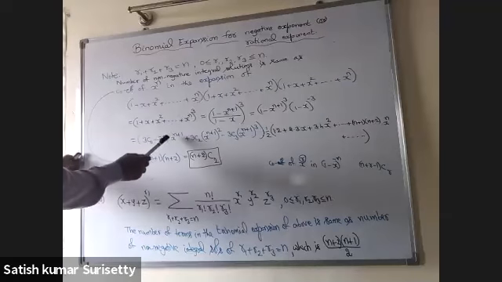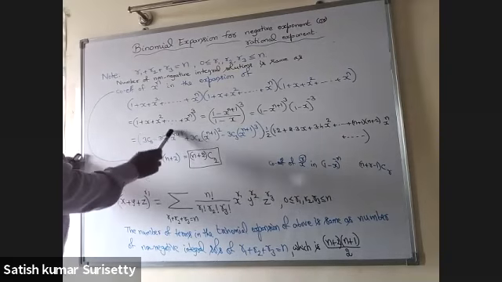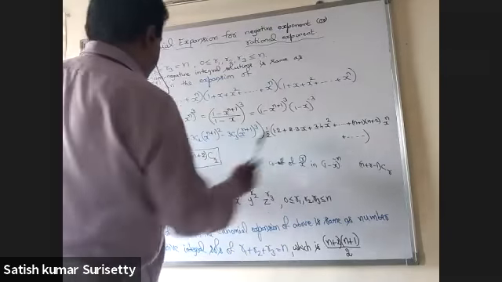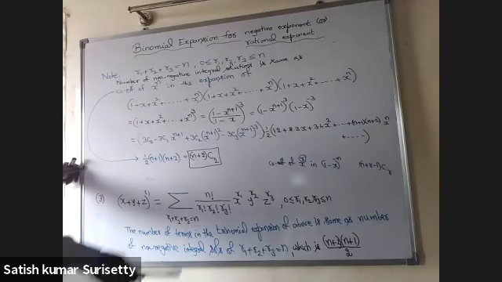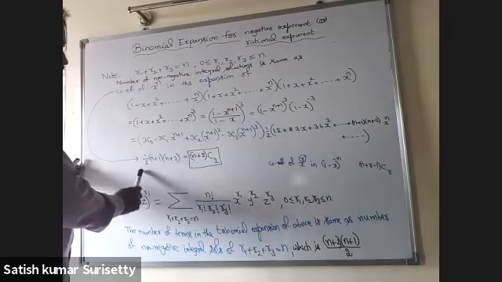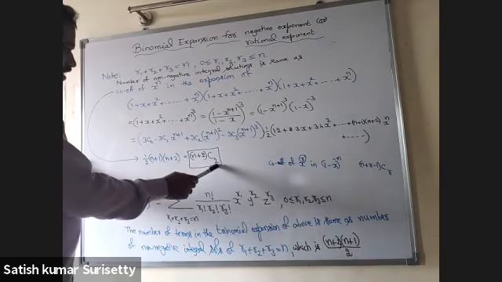Next, here x power n coefficient is required. Here x power n plus 1 is there. That means you cannot have any term x power n plus 1 with any of the terms here. So only one term. The coefficient of x power n in this expansion is half of (n plus 1)(n plus 2), which again can be written as n plus 2 c2.